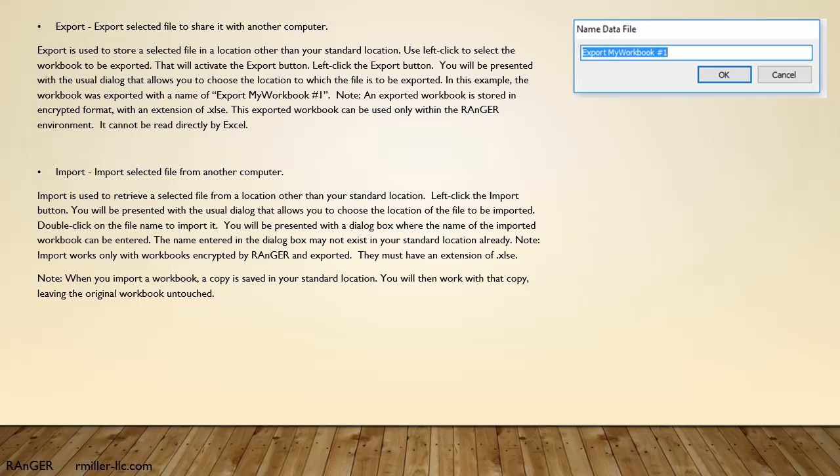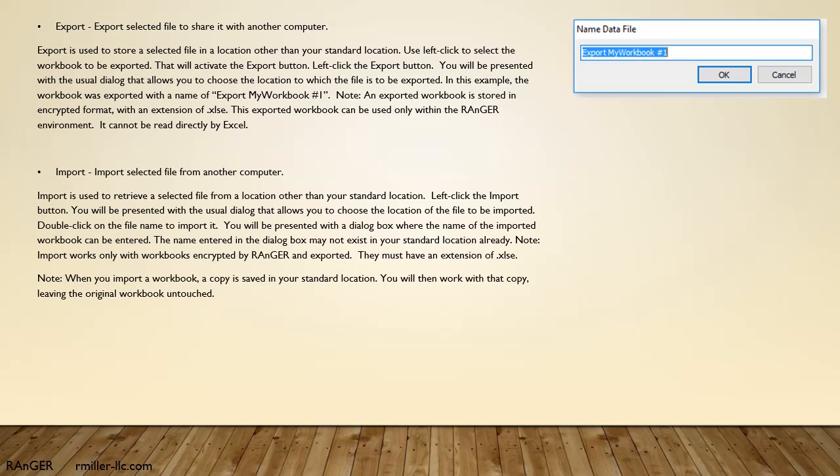In this example, the workbook was exported with a name of Export My Workbook Number 1. Note: an exported workbook is stored in encrypted format, with an extension of .xlsc. This exported workbook can be used only within the Ranger environment. It cannot be read directly by Excel.